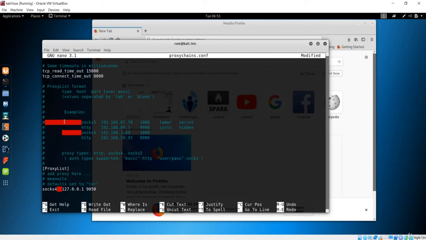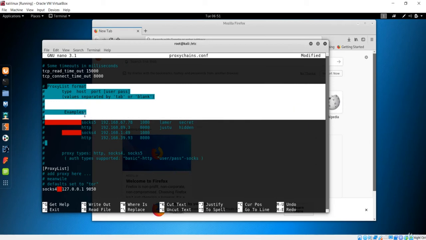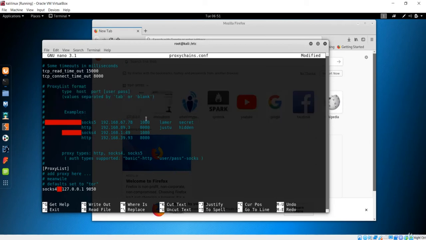The next one you can see over here is the proxy list format. You can see this format: SOCKS version 5, HTTP, SOCKS version 4, and HTTP again. The first one is obviously the IP address. The next one is the port where this SOCKS 5 is running, and the next information is your username and password. So this is the format for this